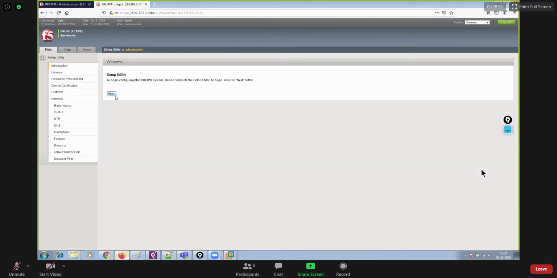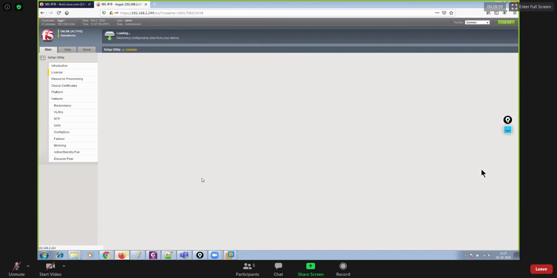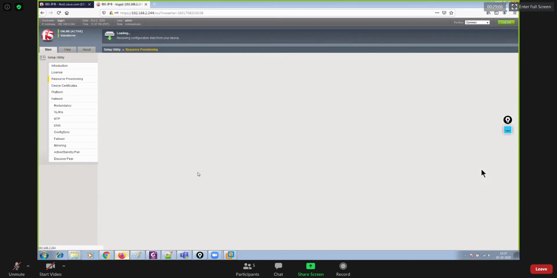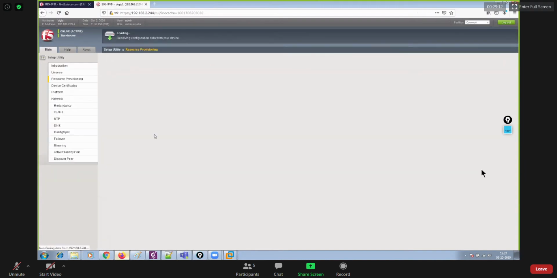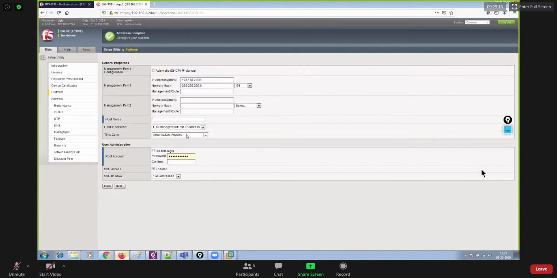Similarly, over LTM2, start the setup utility. LTM is already provisioned, so you don't have to do anything with resource provisioning, right? It's nominal by default. So on LTM1, let's finish this up. LTM2, it will ask for the host name and thereafter the root password.